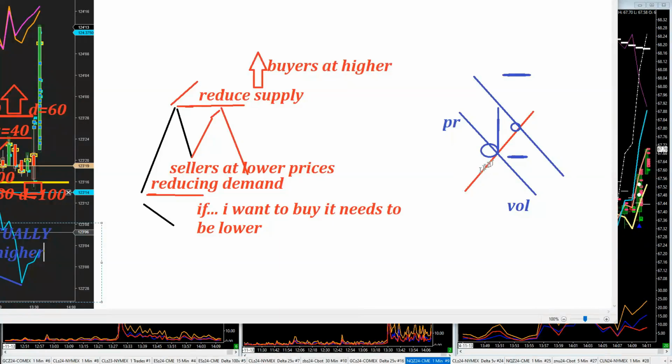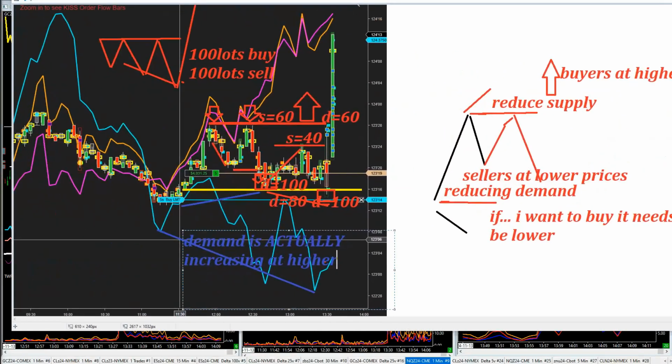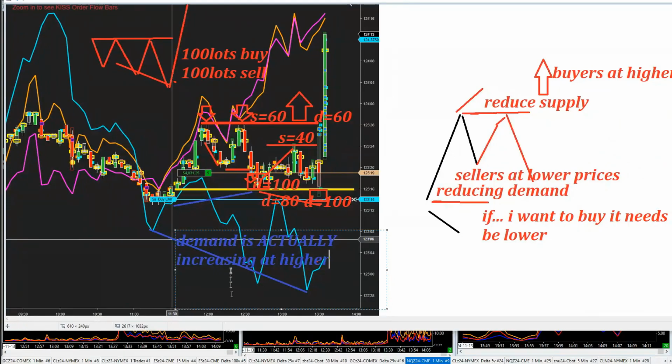And if we increase supply, demand decreases, right? So one of the things we recognize is it's asymmetrical. One creates the other. So if we've got demand actually increasing, then we can also state that there's a very high probability that supply is decreasing